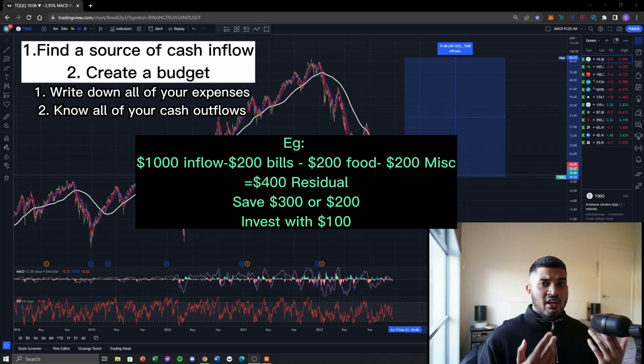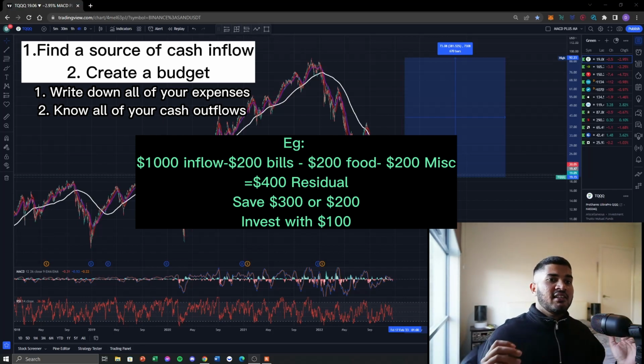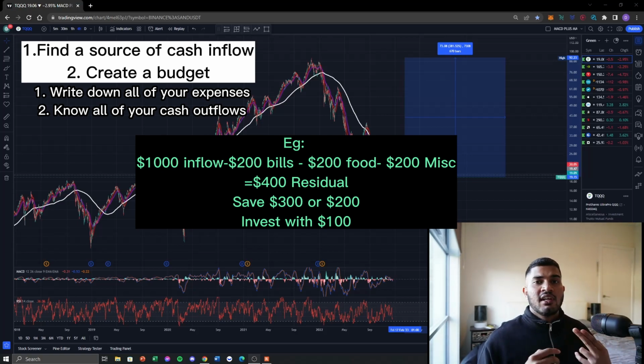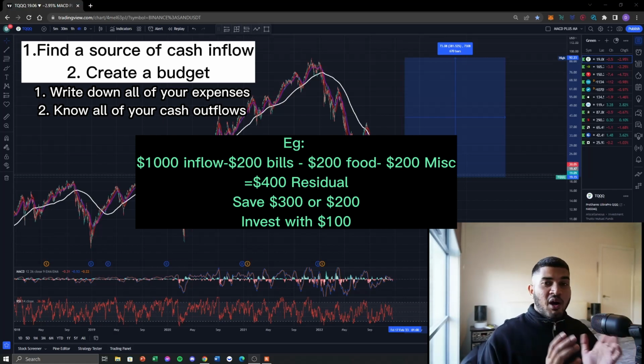So in 1 year you'll have $5,200 to invest with, and this money you don't really have to worry about because you put aside your savings. And with this money you can invest obviously, or you can start learning. You can pay for a course and pick up a high income skill. It could be anything: digital marketing, Wi-Fi money. You can start learning about Wi-Fi money and you can make a lot more with that.